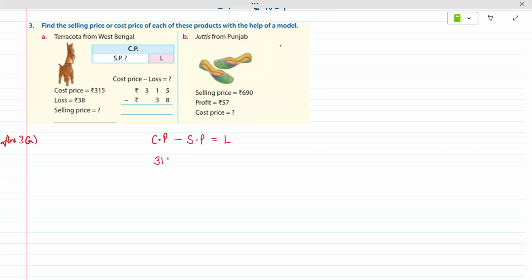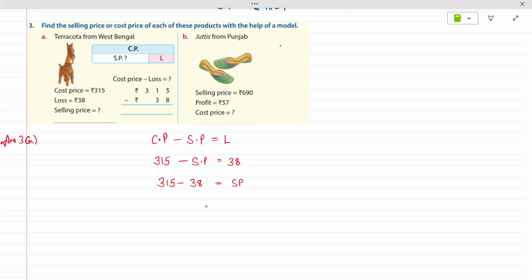It is 315 minus SP, which we have to find out, and the loss is 38. So we will move this 38 to LHS and SP to the right hand side. The signs will change and we will get 315 minus 38,